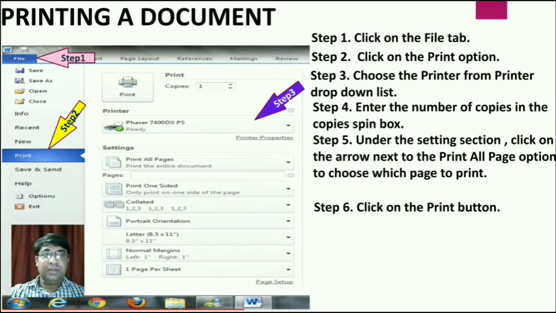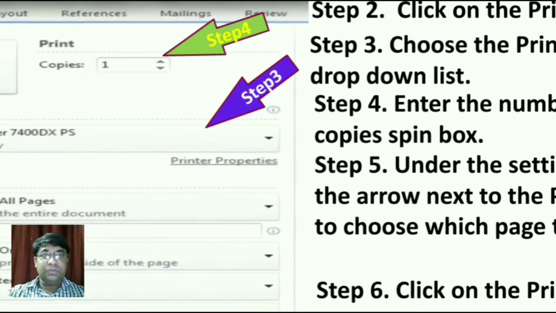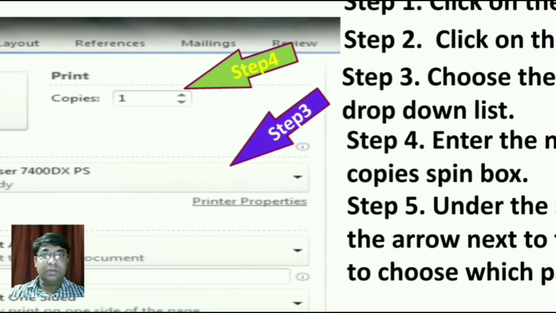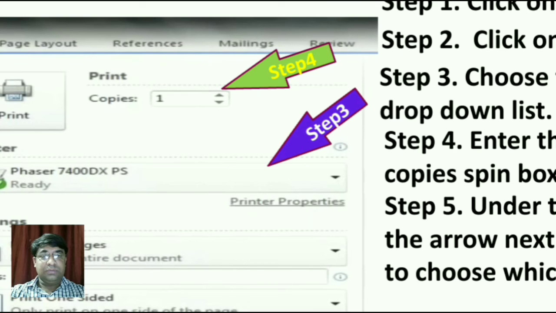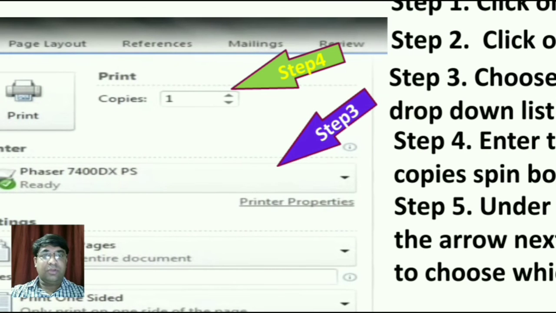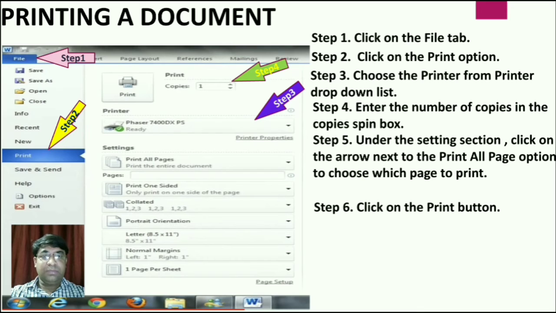Fourth step is enter the number of copies in the copies spin box. From here you can choose the number of copies to print. Fifth step is under the Settings section, click on the arrow next to the Print All Pages option to choose which pages to print.